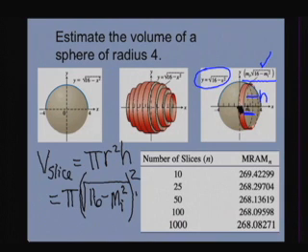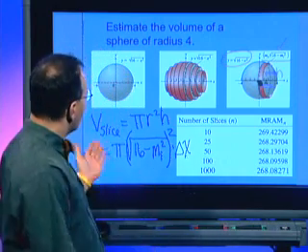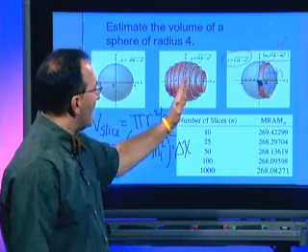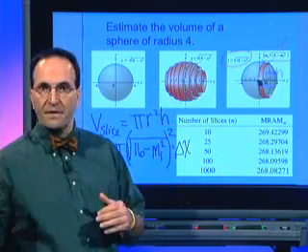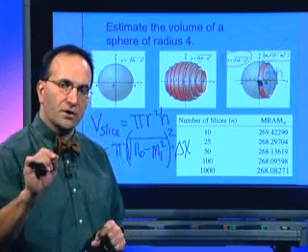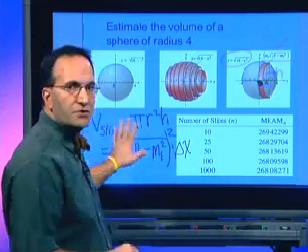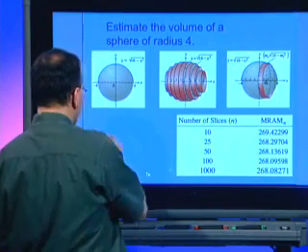Now we have to square it because it's the radius squared, and now multiply it times the width, which of course is delta x. And delta x depends on how many subintervals. Okay, well then what happens is we take all of those slices and we add them together over the interval that we're talking about, which is from -4 to 4. So let's look at what that would look like in terms of the volume, because this was just the volume of a slice. So the volume total